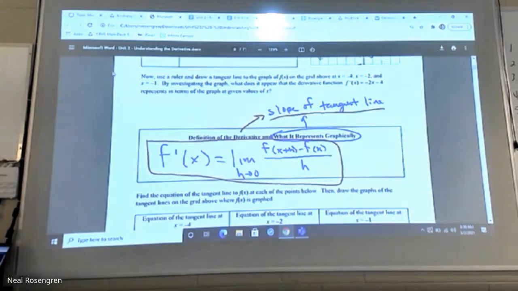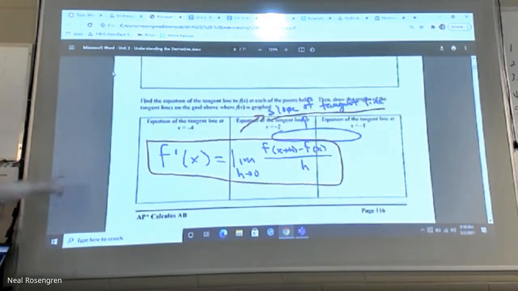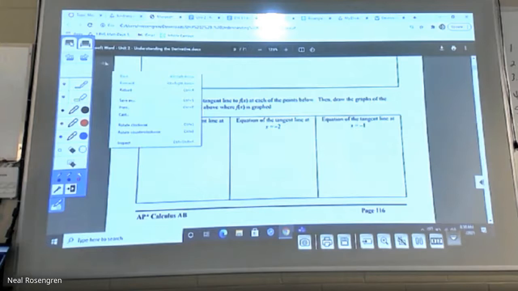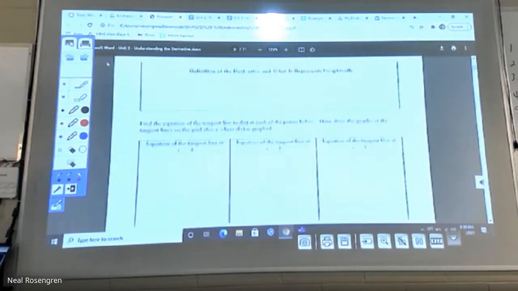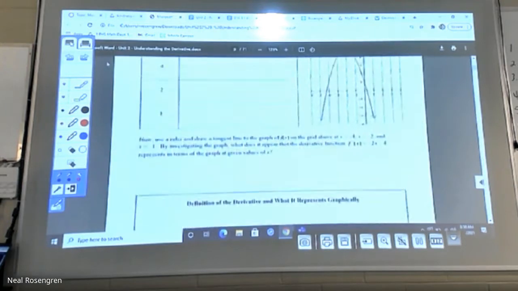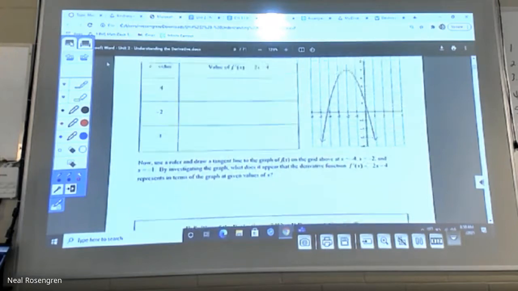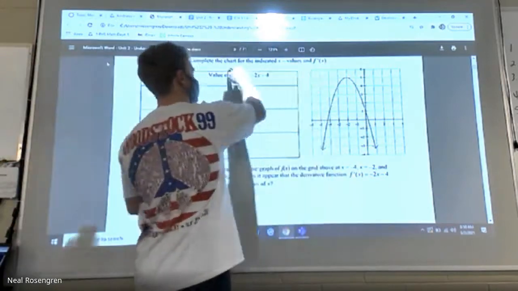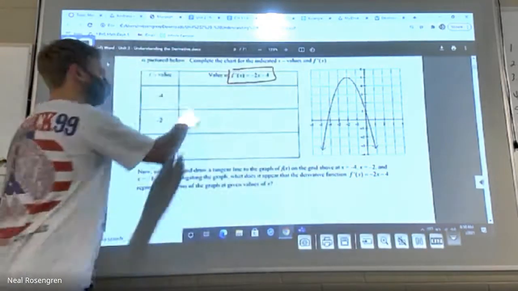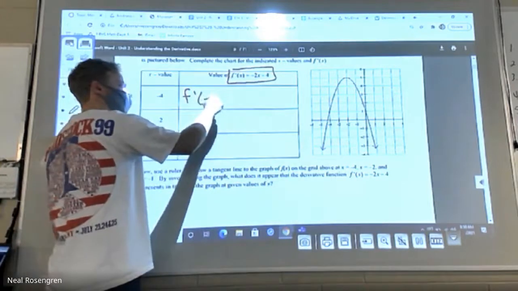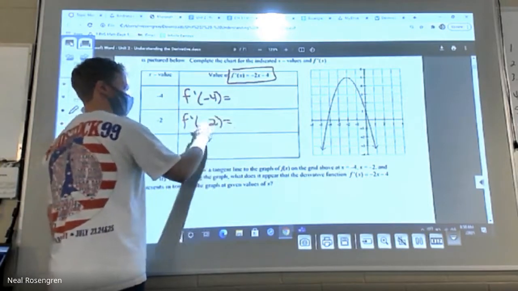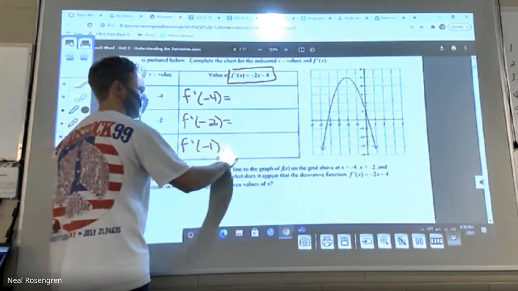Hopefully that helps. All right, let's actually try some of the mechanics of this. But I want to finish up this part down here. The thing I want to make sure we have on page 116 is the work that we did at the top of page 116 to say, okay, look, we're at -4. Here's a function. We figured out the derivative. What was the value of the derivative at that spot? What's the value of the derivative at this spot?